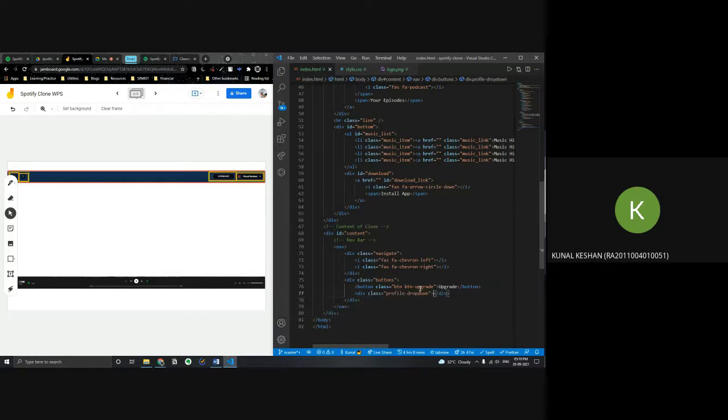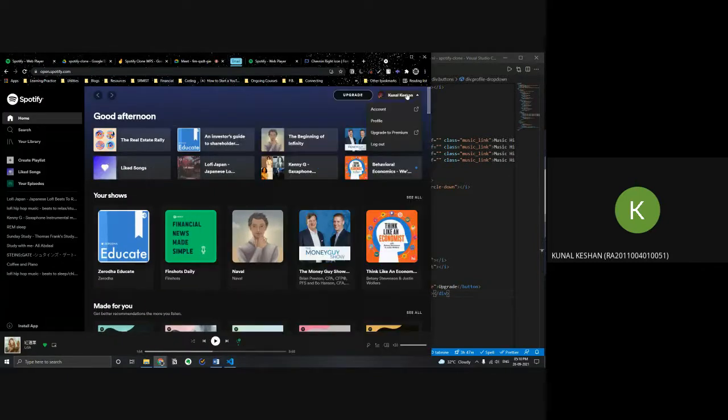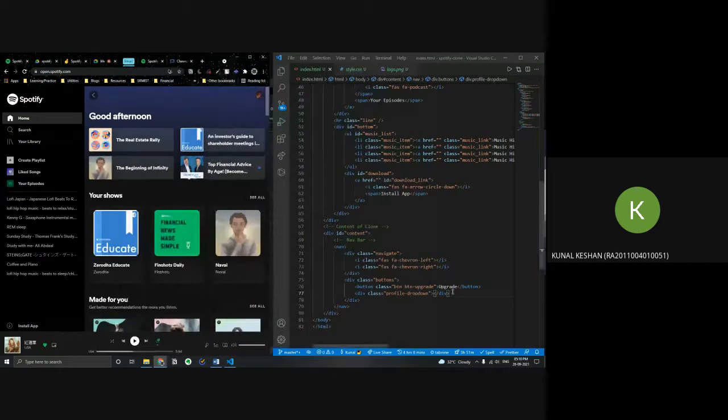And then within the drop down, we have two elements. That is the user image itself, that is this one, and the actual drop down. So this is the one that we currently see. It's the visible one, and the other is hidden, and you're only able to see it when you hover or click on it.